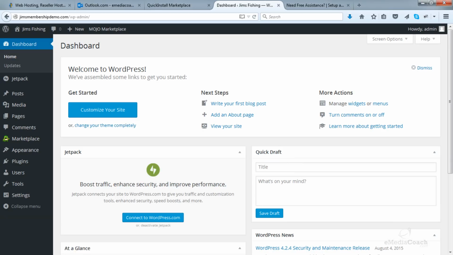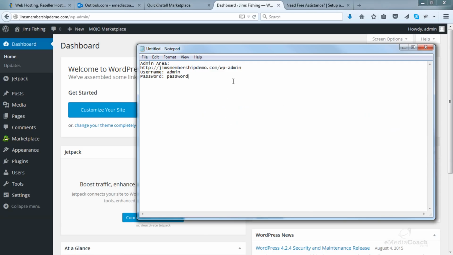There you go. Now please do keep those details handy. You will need to log into this dashboard anytime you want to make a change to your membership website.